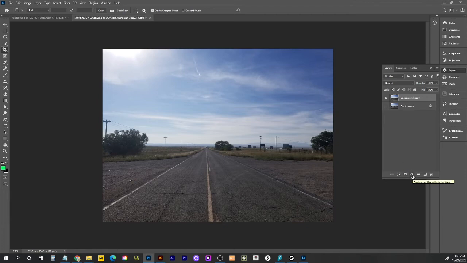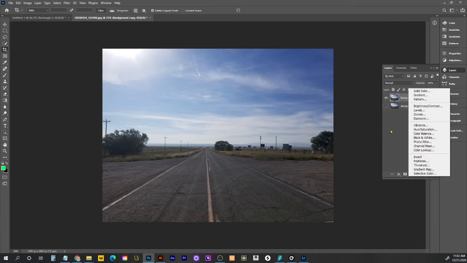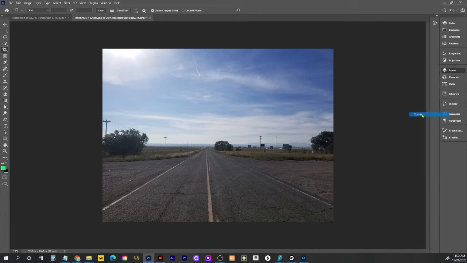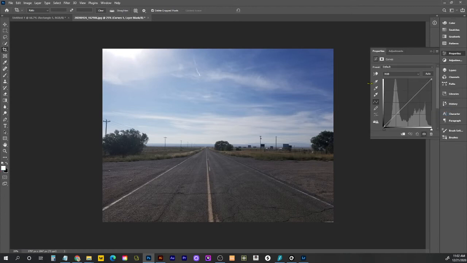So the next thing I'm going to do, instead of coming in here and painting layers on top of layers on top of layers, and making copies of this and trying out different transparencies, I'm just going to come in and click on this half black, half white circle at the bottom of the layers palette. Add first a curves adjustment. Okay, and the curves adjustment is going to allow me to, by clicking here and dragging down on the bottom, and then clicking, dragging on the top, just darken the shadows a little bit and